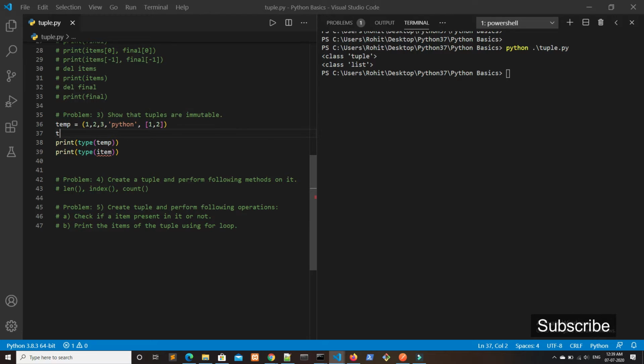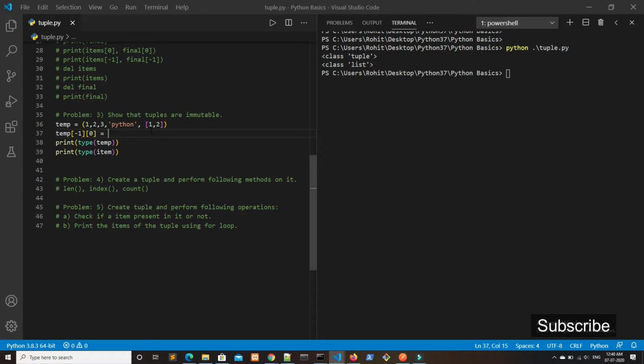So to reach the value 1, we have to first access the list. We can easily access it by temp[-1] because it is at index -1, and we want the first value of it, that is at index 0.